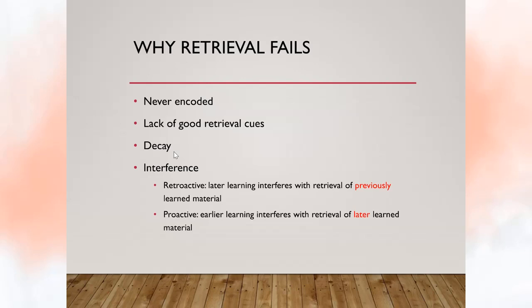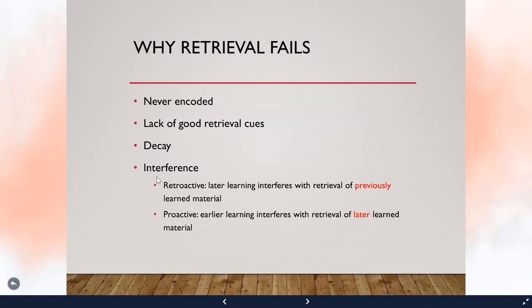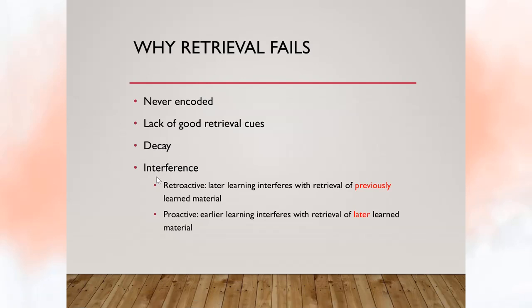However, one thing we haven't talked about is interference. Sometimes other memories actually interfere with our ability to remember, particularly if they're similar. There are two types of interference here, and what I'm going to ask you to do is maybe pause this recording and get out a little piece of paper. Hopefully you're taking notes anyway, but write some things down to keep these two separate.